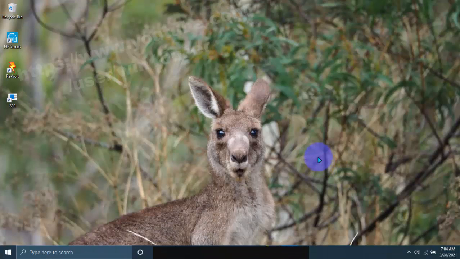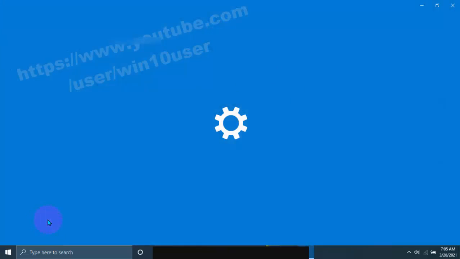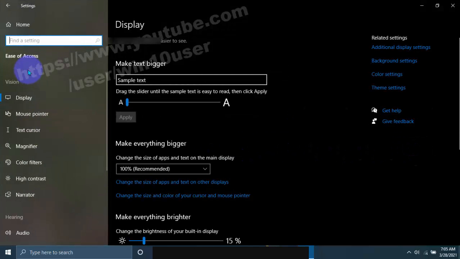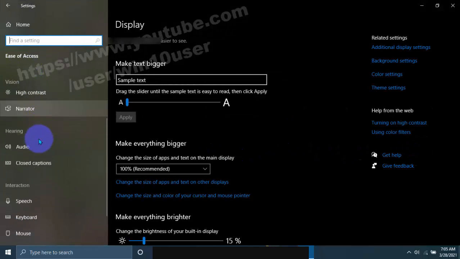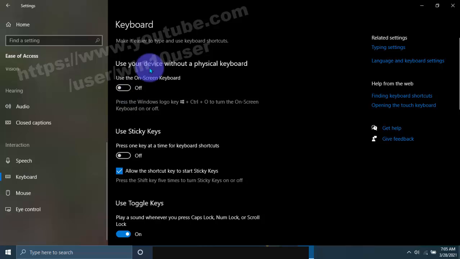To allow or disallow the shortcut key to start Filter Keys in Windows 10 Home, open Settings. Click or tap the Start menu icon, and then click or tap Settings. Select Ease of Access, and then scroll down the Ease of Access screen. Tap or click Keyboard, and then scroll down the Keyboard screen,